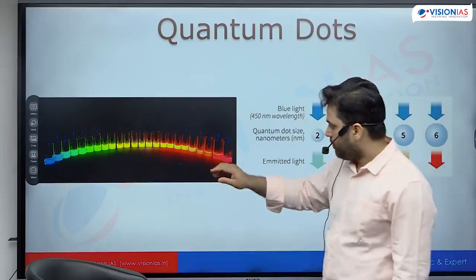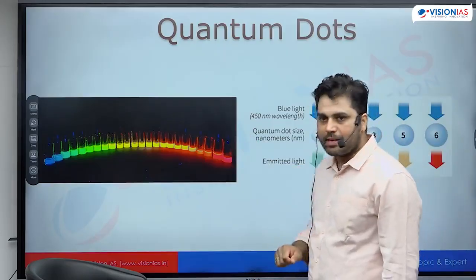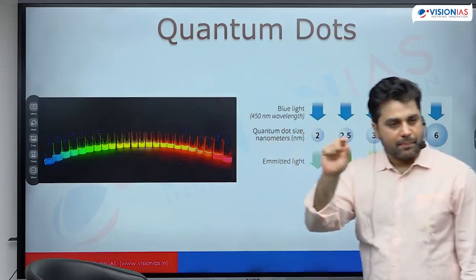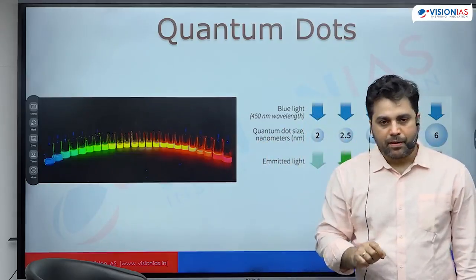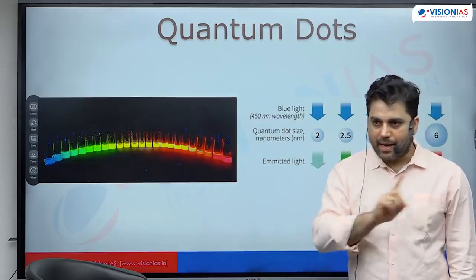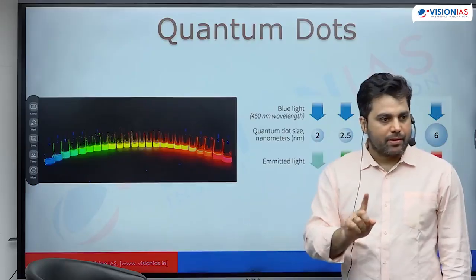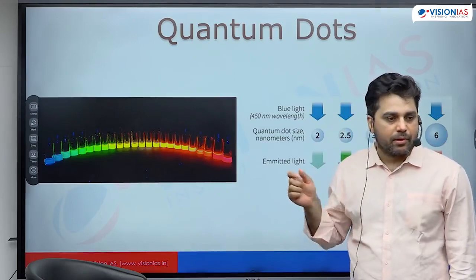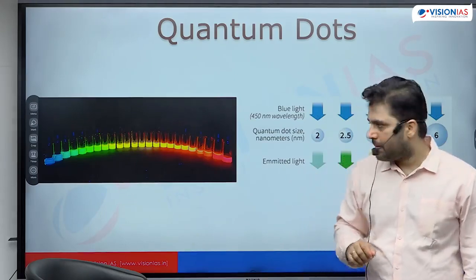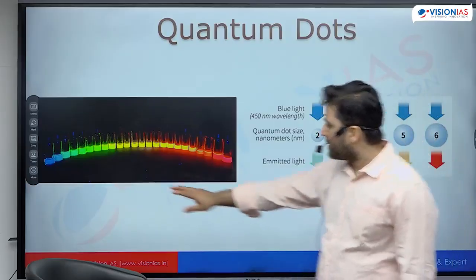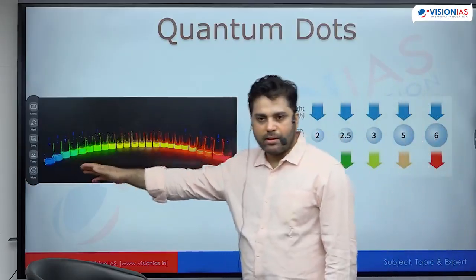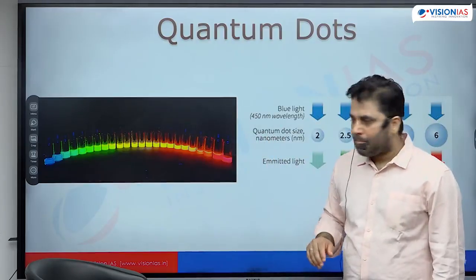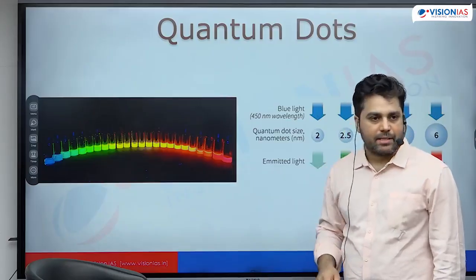And in this room, which has an ultraviolet light source, in all these transparent liquid vials, we have kept quantum dots. And those quantum dots are of exactly the same material. They are not different in terms of what they are made of. They are different in terms of the size of those quantum dots. Quantum dots here are of 1, 2 nanometer. Quantum dots here are of 9, 10, 20 nanometer. I have just changed the size and dimension.